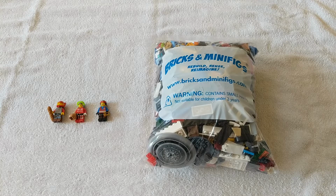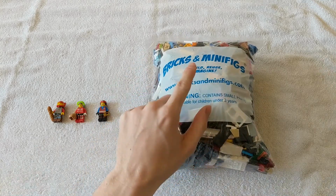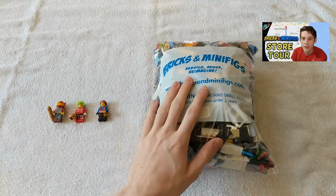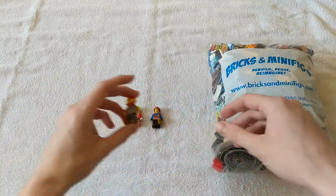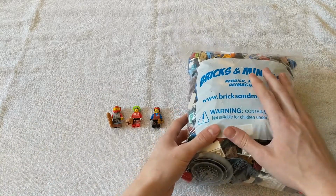My name's Nathan Masters and I'm going over the haul of pieces that I got from Bricks and Minifigs. This is from the North Detroit store, which I looked at a little while ago. Like I mentioned in that video, I'm not local to Detroit, but I am in the area for a little while, and I wanted to be sure to make it up to this store,